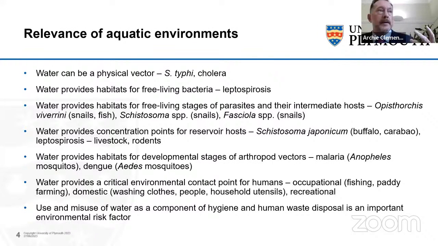So schistosomiasis and Opisthorchis viverrini infections would not exist if people didn't defecate in water or urinate in water and allow the completion of the parasite life cycle. So we need to undertake a lot of health education in order to prevent that misuse of water to prevent disease. And there are many other examples, people allowing animal feces to run off into water sources that can then lead to the promulgation of antimicrobial resistant bacterial infections that then can end up infecting humans. So water is very important for infectious diseases in many, many different ways.